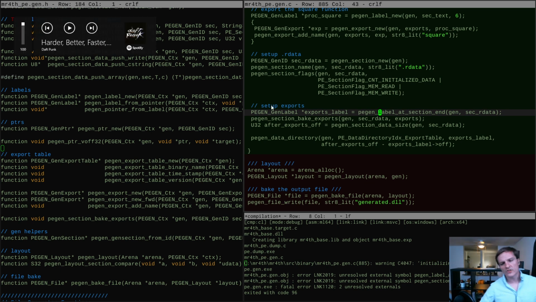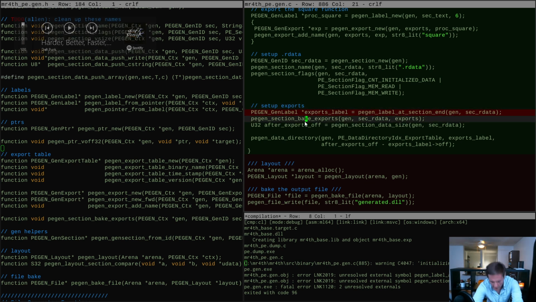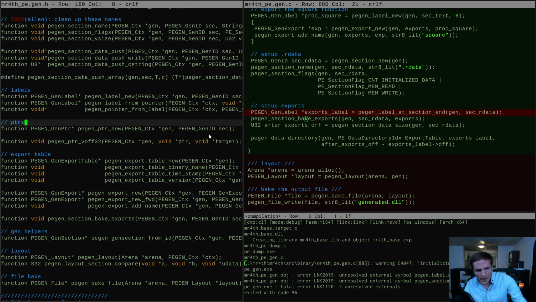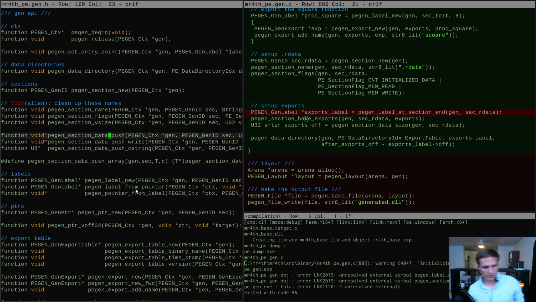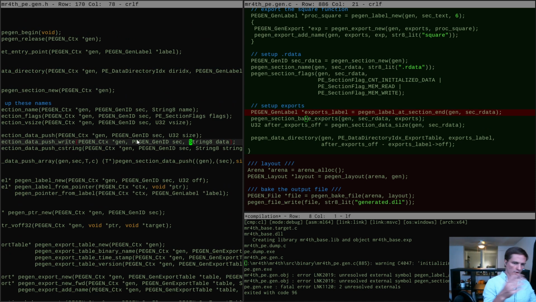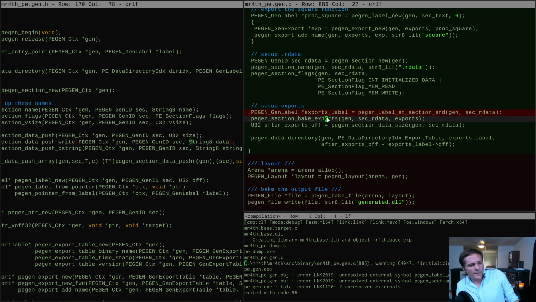All right, this part is interesting. I have to talk it out. So the interesting thing about bake exports is it's kind of like a data push, right? It's like we have this one where you put in some data, it grows the section, and it copies some data in. This is just a more complicated way to copy data in, right? It's structuring the data as it copies it in, and it's creating pointers as it copies it in, but ultimately